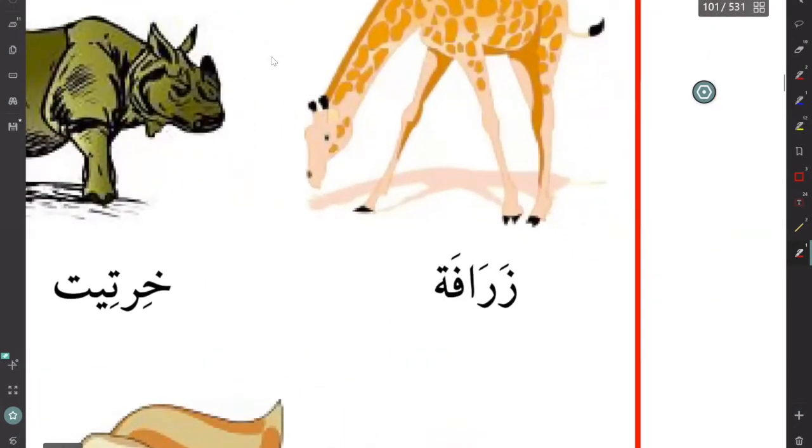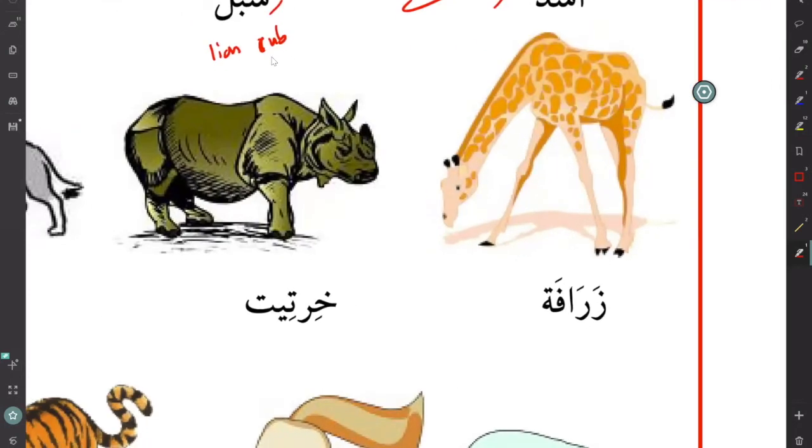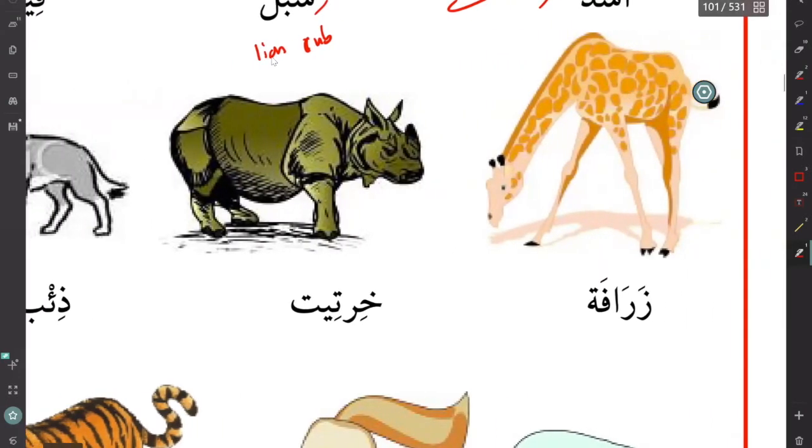And we have zarafa. Zarafa is just like the English zebra. So it has very similarities, right? I'm not sure which word came first, whether the English word or the Arabic word, but there are a lot of words in English that originated from Arabic. Inshallah, if we ever encounter them, I will mention it. But this particular word, I'm not quite sure whether the English came first or the Arabic.